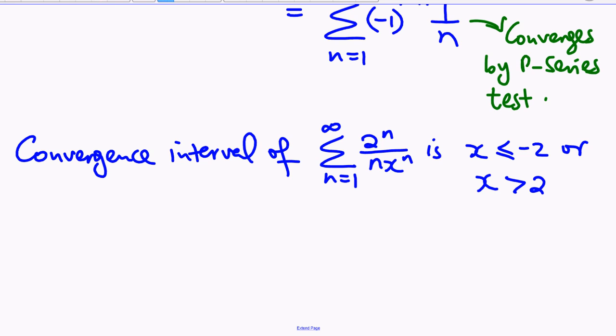Now, you can see that at one of the points the series is converging. At x equals -2, the series is converging, but at x equals 2, it's not converging. So that's why it